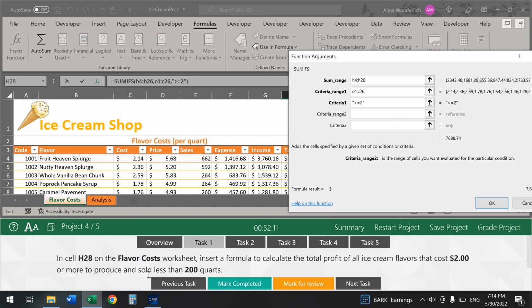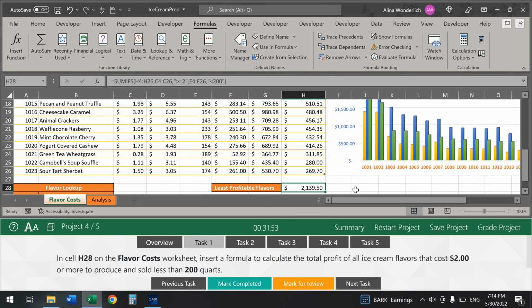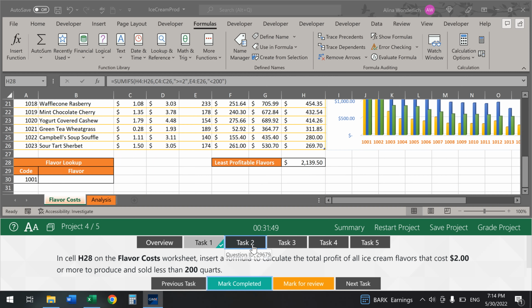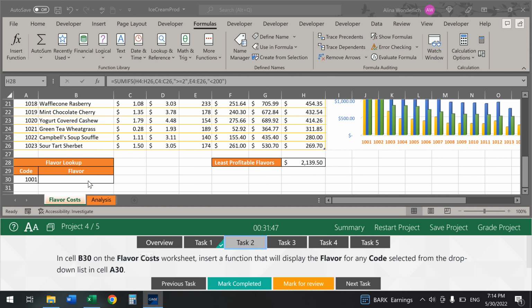Then it has to be sold less than 200 quarts. So sales, it means E4 to E26, and it has to be less than 200. We're going to click OK. $2,139. Task 2. In cell B30,